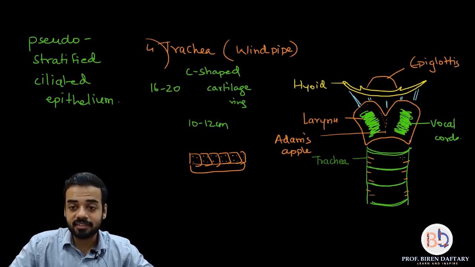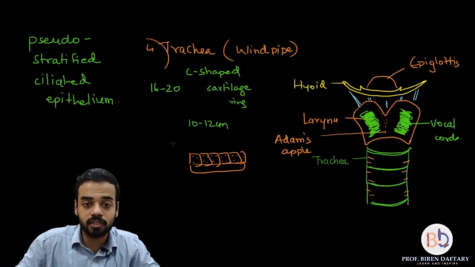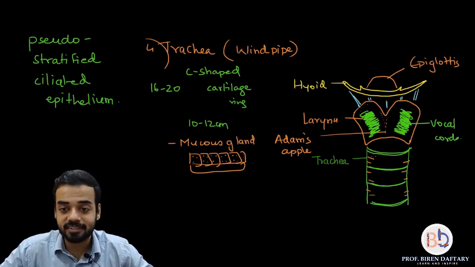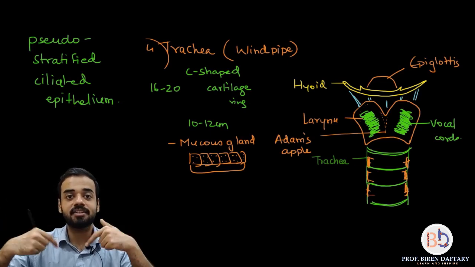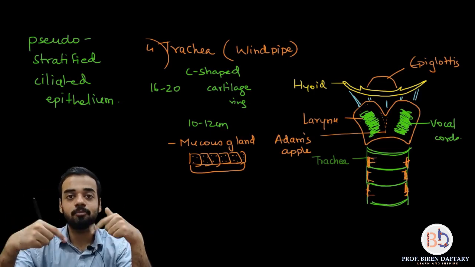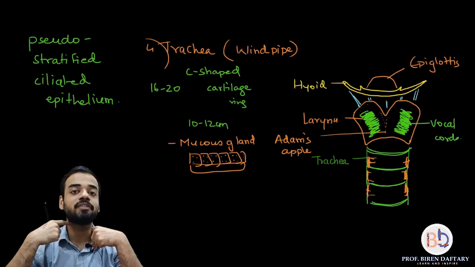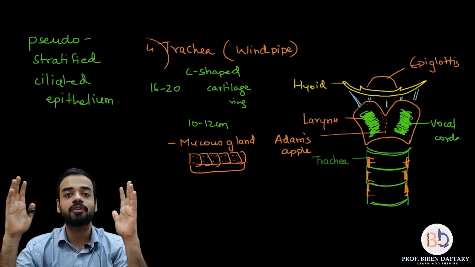So this inner surface is made up of cilia, and it is also made up of mucus glands. Let me write it down over here. Mucus glands are also present, and mucus glands secrete mucus. Mucus is sticky, so the dust particles will get stuck over here. This is your mucus glands. The dust particle that is present will get stuck here, and then that stuck dust particle is sent upward by the action of the cilia. The cilia will move upwards and send the dust particle upwards, and when it reaches your throat, you will either cough it out or sneeze it out. That is the way of removing dust particles out of your respiratory system.